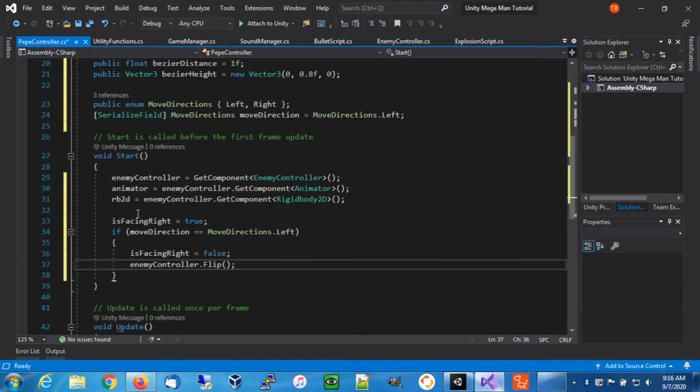So this is our initialization code for Pepe. Because we default to left, we're going to say move direction left, facing left. But if we actually change it in the inspector and we say right, it'll override this, then this won't get executed and it'll stay right, and we don't have to flip it because we already know it's facing right. So we can skip all that. So now,